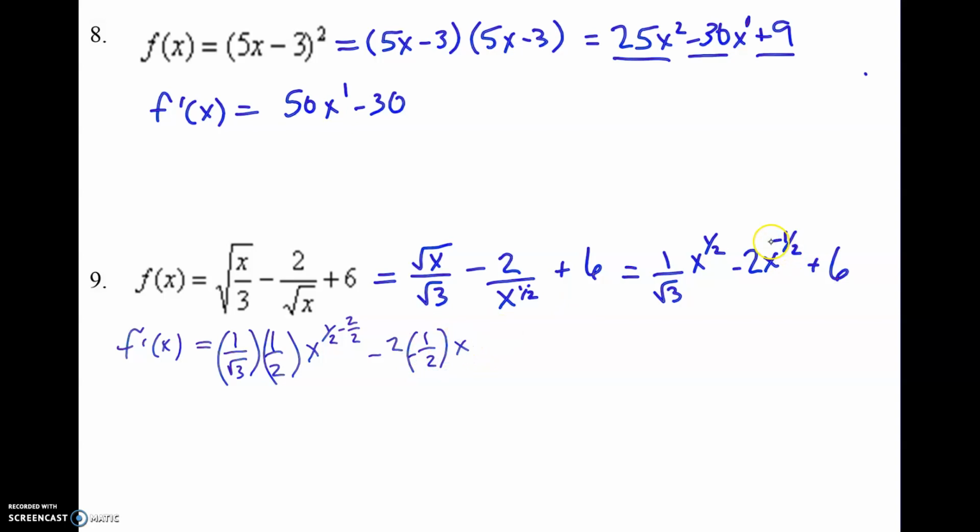Times x to the power of -1/2, subtract 1, -1/2, subtract 2/2, and lastly, a derivative of a constant equals 0. Okay, multiplying these fractions straight across, we've got 1/2√3, x to the power of 1/2 minus 2. Okay, two negatives here, we'll make that a positive. It'll be 2/2, positive 2/2, which is just positive 1. I don't need to write a 1. x to the -1, subtract